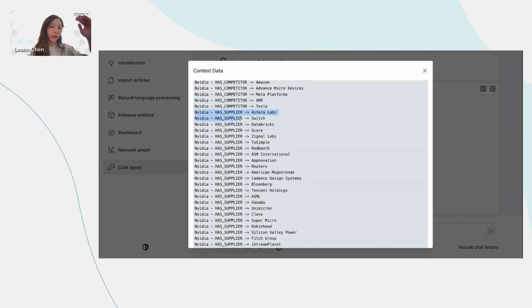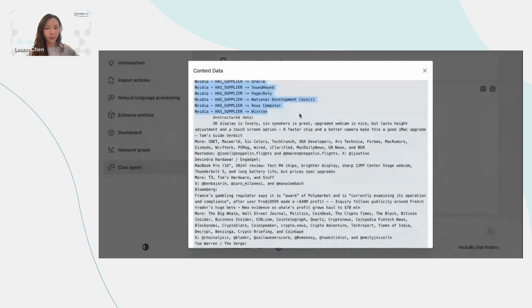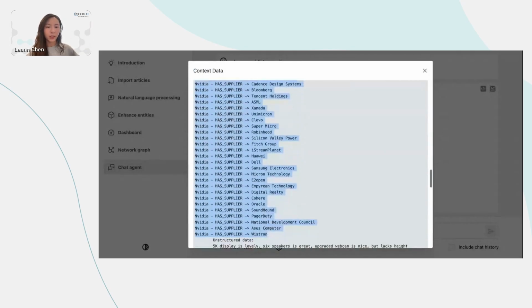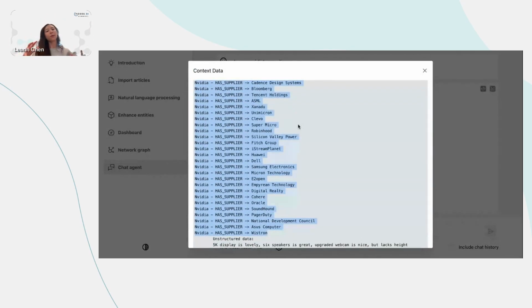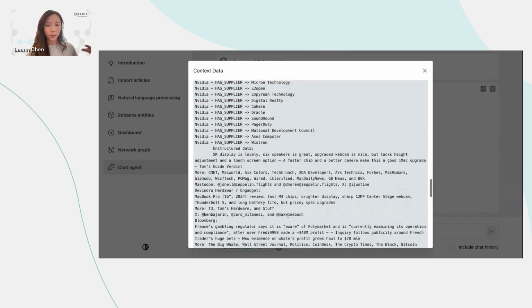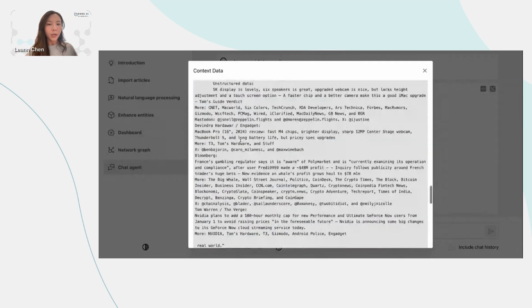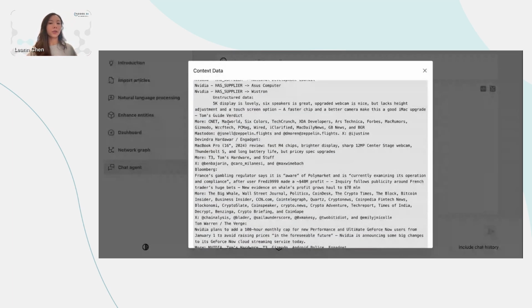So the output that we are seeing is extracted from here. And you see that this is structured, and of course, if we want to have this information, we have to have a quality knowledge graph built in the beginning, and I'll talk about that later. But here you can see structured information from knowledge graphs being retrieved,